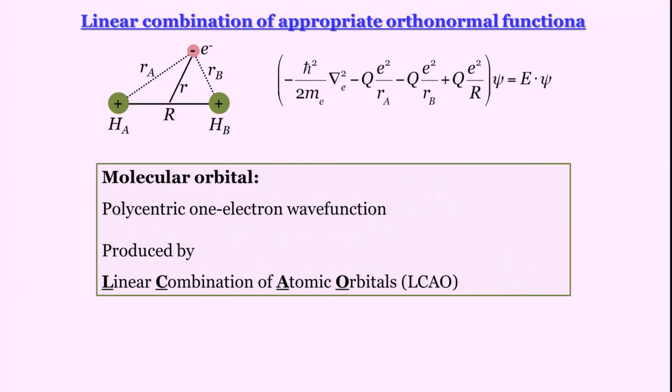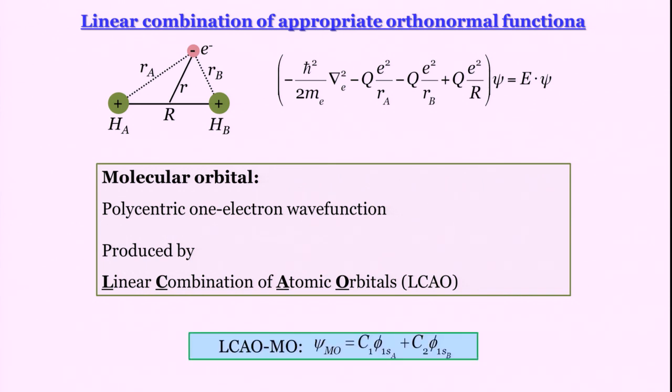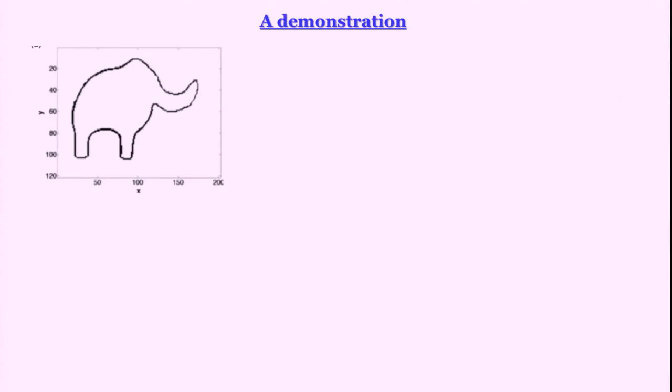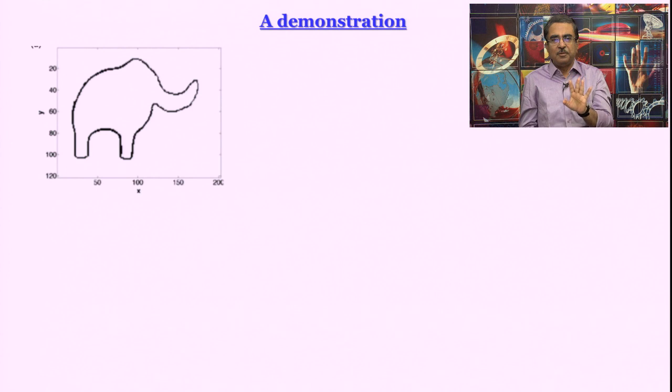Okay? But whenever I say this, students are usually not happy and they say that you are giving some hand waving argument, and I agree with that. So, let me just take this a little further. This is the combination that we are going to use, linear combination of two 1s wave functions, one for atom A, one for atom B. Now, what I want to show you is this. Let us take a little break from there and talk about a general phenomenon.